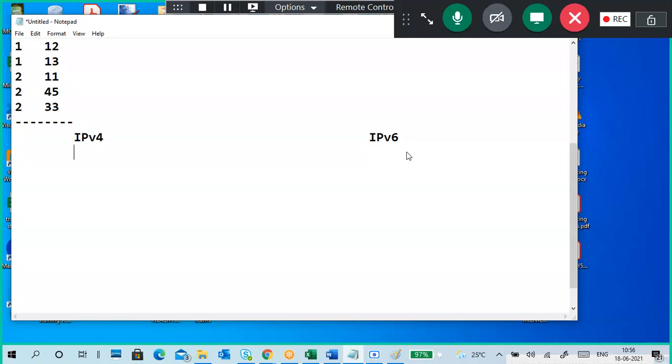So, as we see, IPv4 is 32-bit. IPv6 is 128. So that's it. I don't want to tell one point here, because if I tell that one, we'll get confused. We will get clarity, but